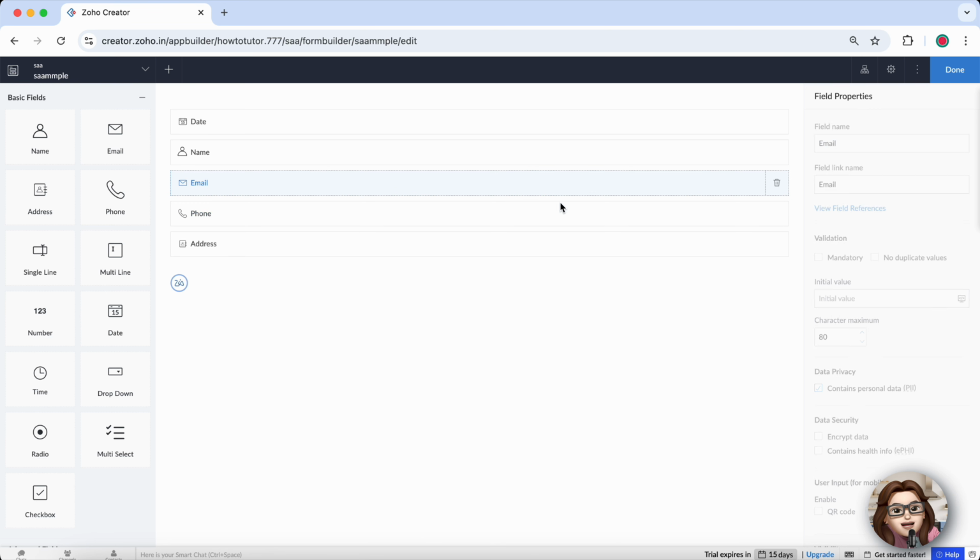If everything works smoothly, save your changes. Your form is now live inside your application and ready for data collection. You can return anytime to edit or expand it as your